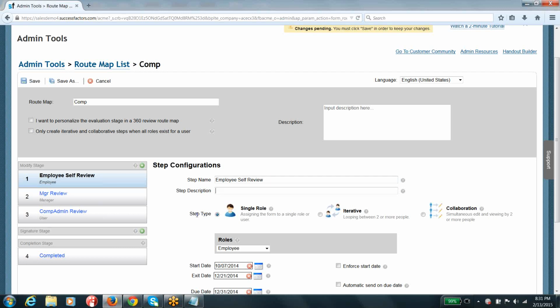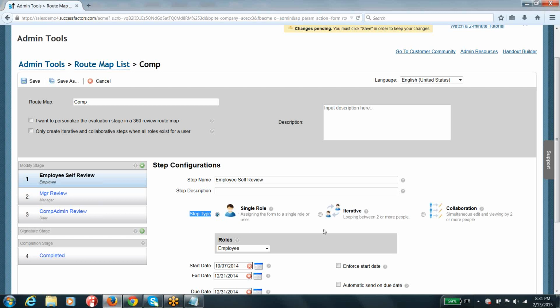And the other thing is step type. This is a little bit important, and you can see here, when you launch the performance form to the employee, whether only the employee is going to work on that particular form, or a group of people are going to work on that particular form. Usually if it is a performance plan template which has individual goals, then only a single user is going to work on that particular form, right? So you have to select the step type as single role.